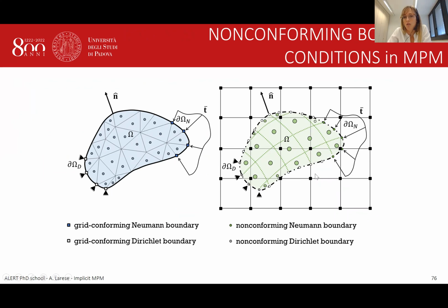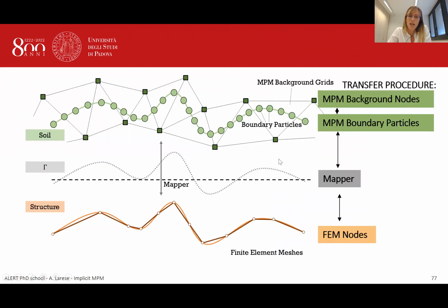grid, which is not the finite element grid that we are using in the MPM code. Let's look at it in more detail. Let's imagine we have a structure, the yellow one, the orange one. This is the real structure, which is discretized with this piecewise linear sequence of segments and nodes. This piecewise linear discretization of the structure should be seen by the MPM code here above, the green one, and